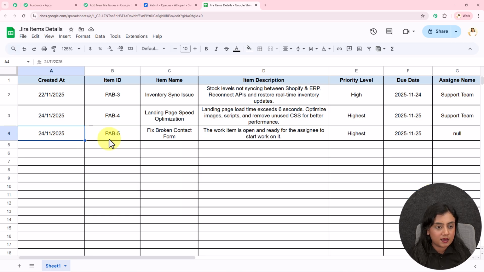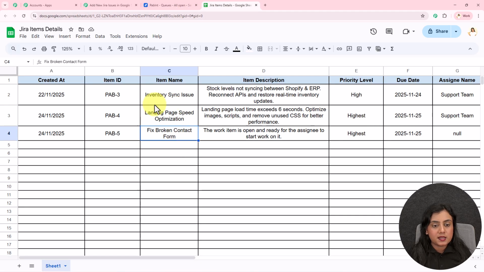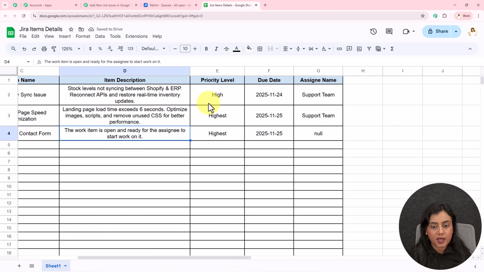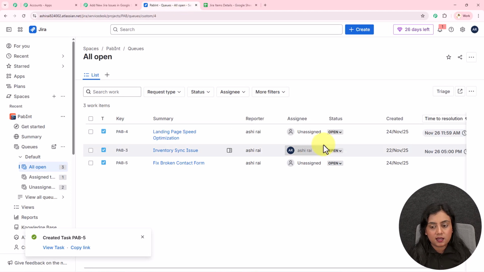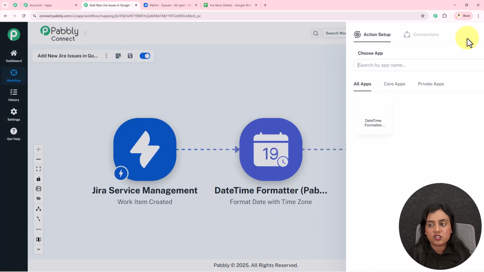The date, the item is the same item number. You can see PAB 5. Over here you can see the same item name has been provided. This is the same description you can see right over here. Priority was the highest. Completion should be on 25th of November and the assignee name is null. You can see there is no assignee, it's unassigned right here. Okay. So as now the record has been created successfully in my Google Sheets,